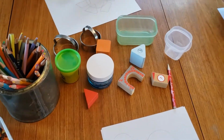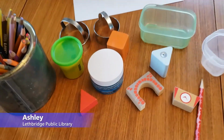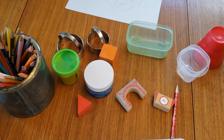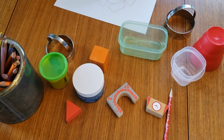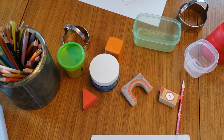So today we're doing Delaunay, the artist, inspired drawings, and the nice part about these is that you can trace anything you have around the house. The big part of it is tracing, so we've found some food containers, some toys,